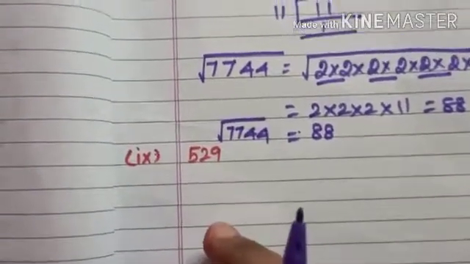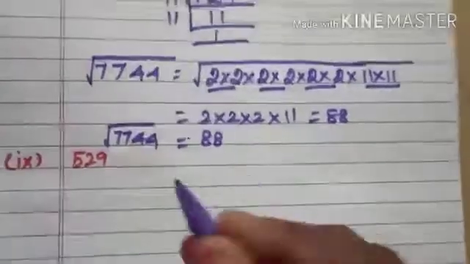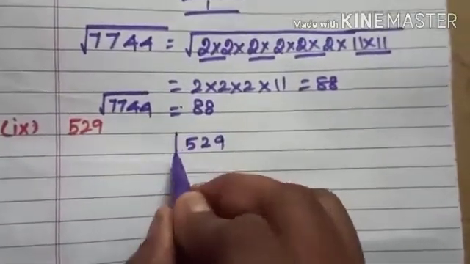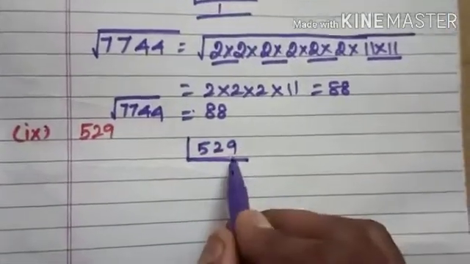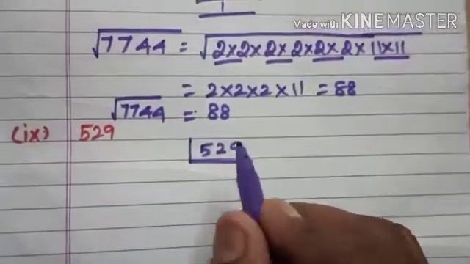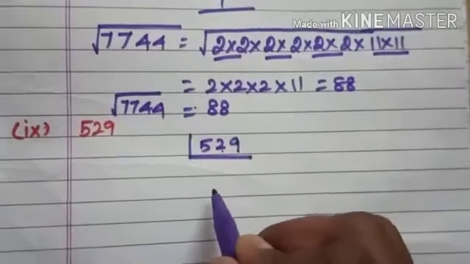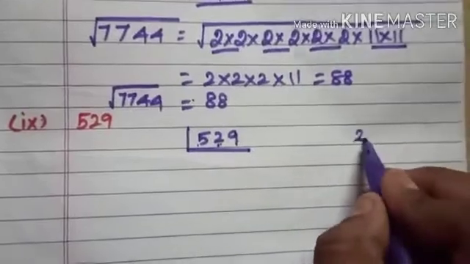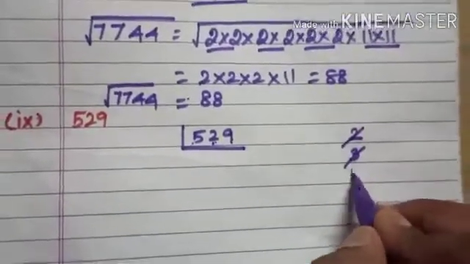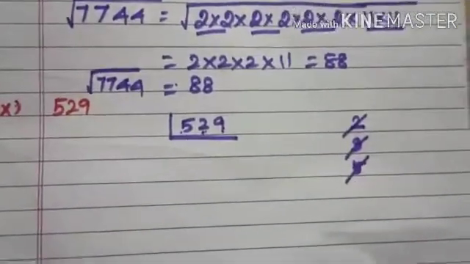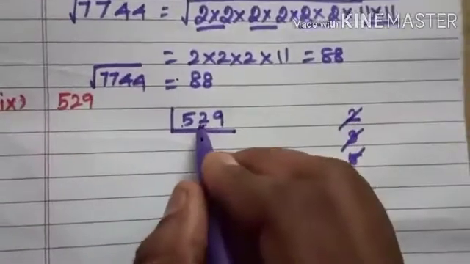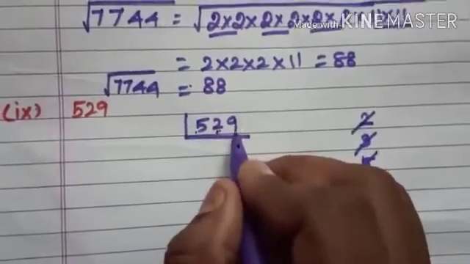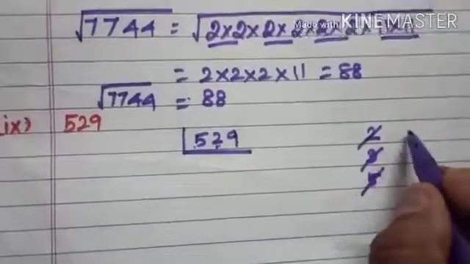529. So 529 is also done by the same method. So you can check, this is 9. So you check: 9 2s are 18. 9 plus 2 is 11, 16. So it is not divisible by 2, not divisible by 3, not divisible by 5. Okay, 7 you can check, means how much you get. 7 7s are 49, 8 7s are 56. So 49, remaining 3. 39 is not possible. So 7 is not there.